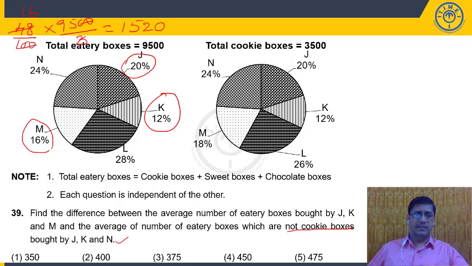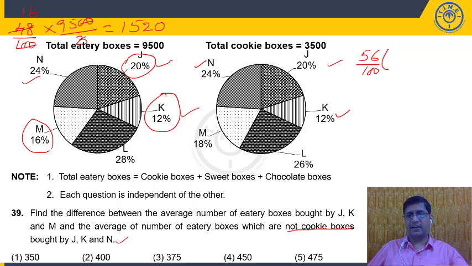J, K, N: if you observe the values of J, 20 and 20, K, 12 and 12, and N, 24 and 24, the percentage is the same here. So what is the discussion? 20 plus 12 plus 24, how much is it? Yes, you are right, 56%. So 56% of